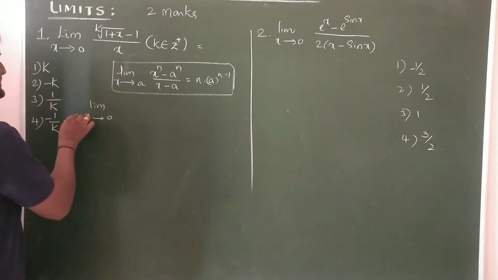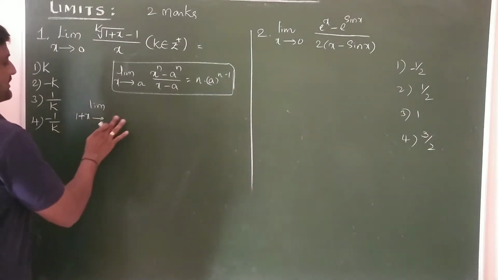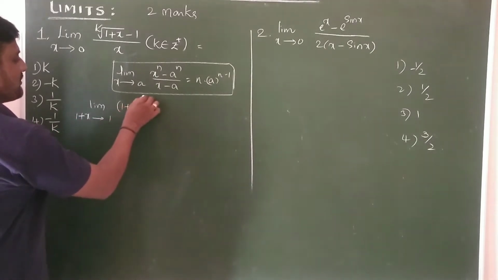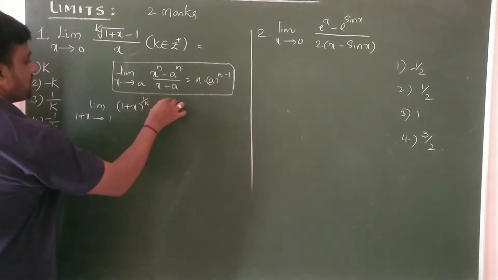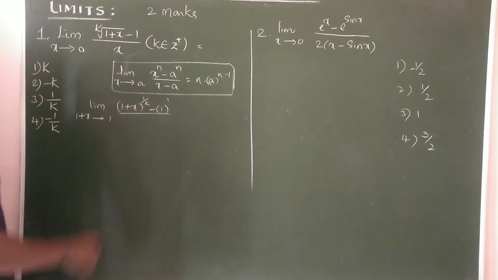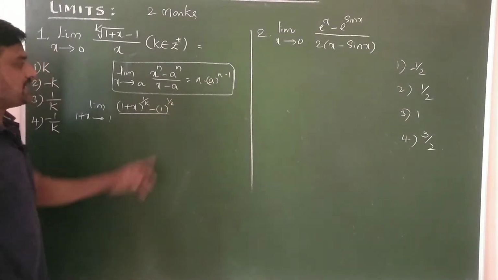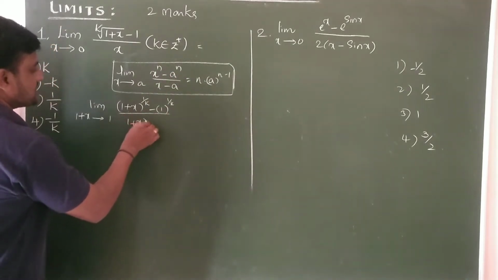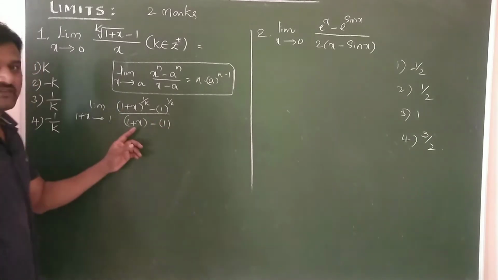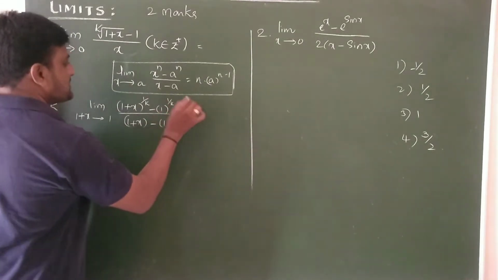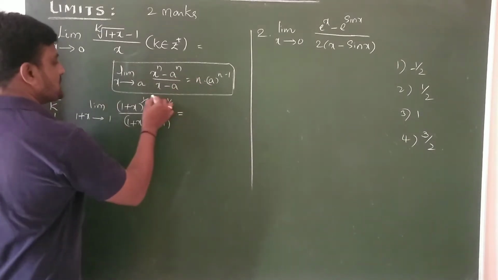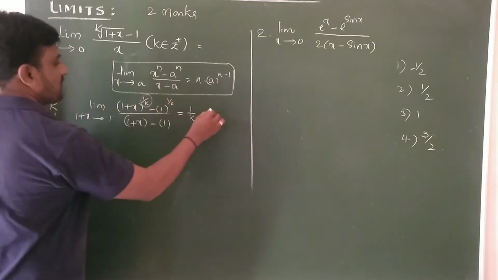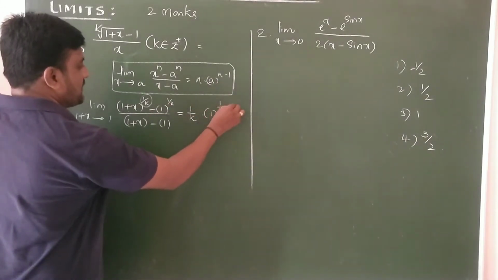Shall I write like this, adding 1 plus 1, here also 1 plus x tends to 1, and also here 1 plus x whole power 1 by k minus 1 power 1 by k, and it is nothing but 1 power 1 by k, because we need the same power n. Now here 1 plus x minus 1, shall I write like this? Definitely we can write. Then applying the formula, in the place of n, what? Power 1 by k. In the place of the constant, 1 power 1 by k minus 1.